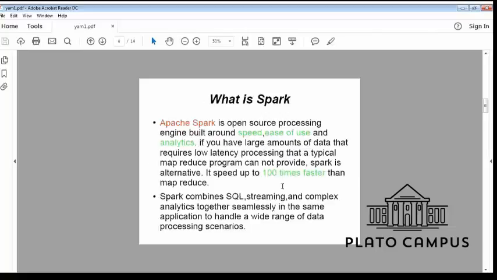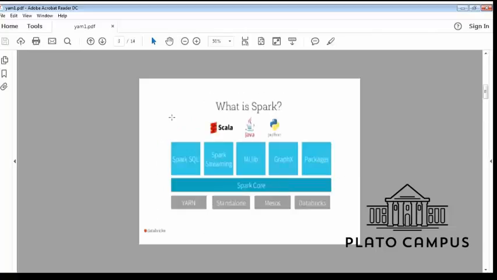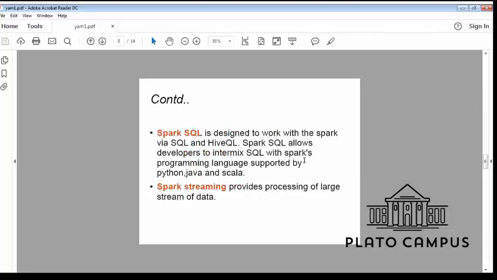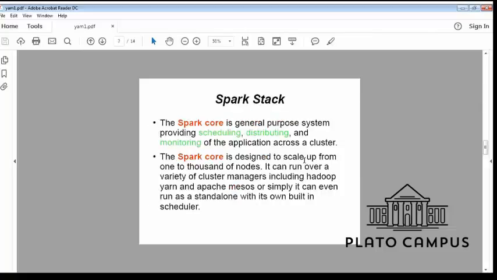Now I will explain what the Spark stack is. This whole thing covers the Spark stack. The Spark stack contains Spark Core, Spark SQL, Spark Streaming, MLlib, and GraphX. Spark Core is a general processing system providing scheduling, distributing, and monitoring of applications across the whole cluster.